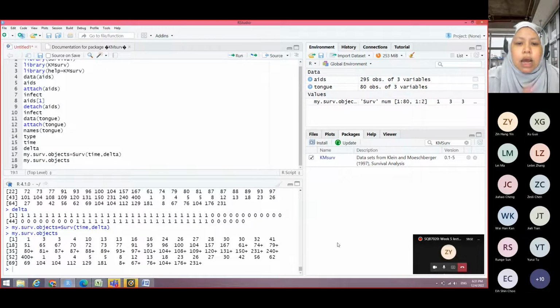Okay, so this is how you identify them. This one I didn't subset into group 1 and group 2, meaning that this is all together. The 80 observations consist of group 1 and group 2, right? So if we try to follow the code